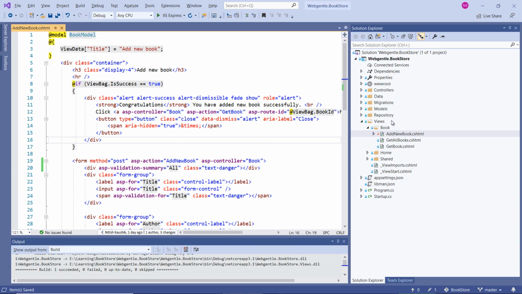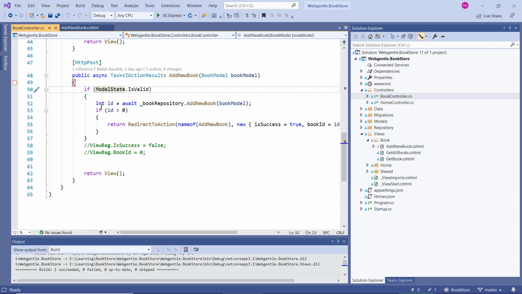Let's go to the controller class. Inside this controller class, over here you can notice that we are using this IsValid property to validate the state of this model, and if this is false, then we are simply returning this view onto the UI and all the messages get displayed onto the UI automatically. Now suppose along with these messages you want to add some custom message to your model. Let's learn how to add some custom message to our model state.